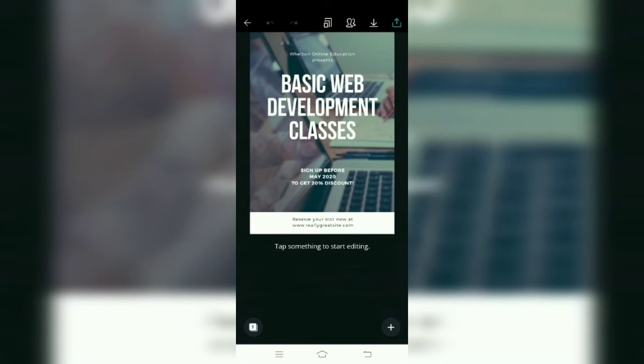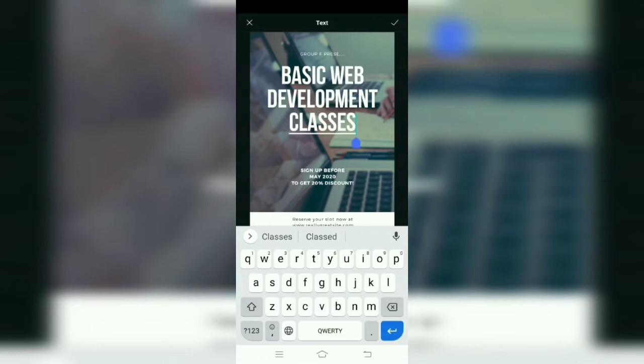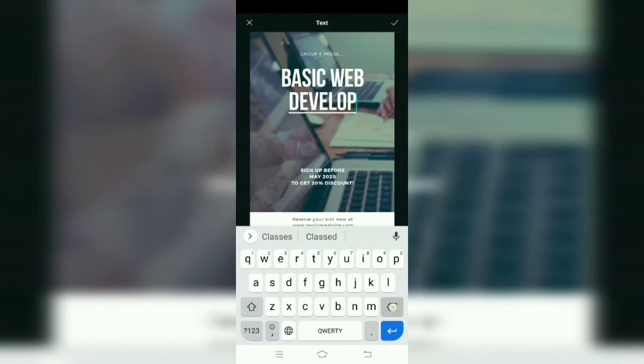Again the screen appears. So let's start. Here at the top it is written Welton Online Education Presents. So I will change this and write Webhub and team presentation, or we can write our group name also, such as group F presentation, etc. Now to change the main heading, we will again double press on this and we can change this,